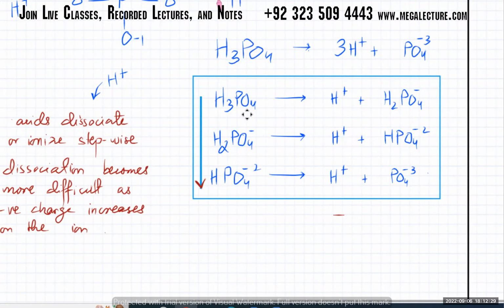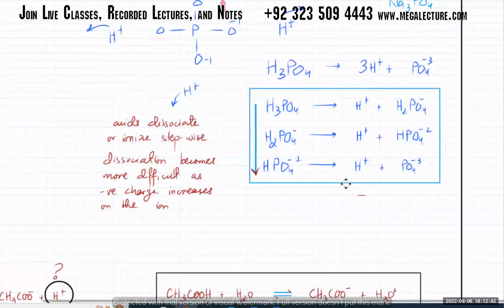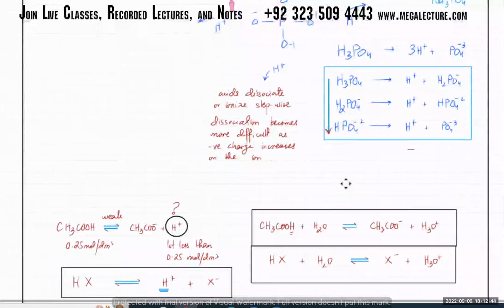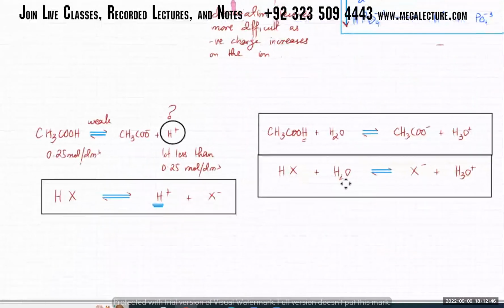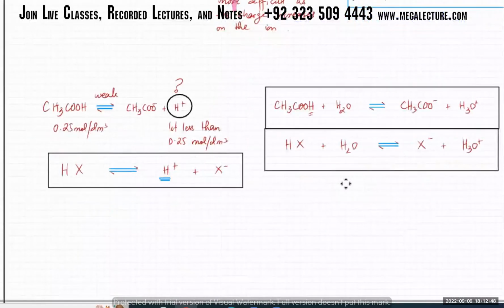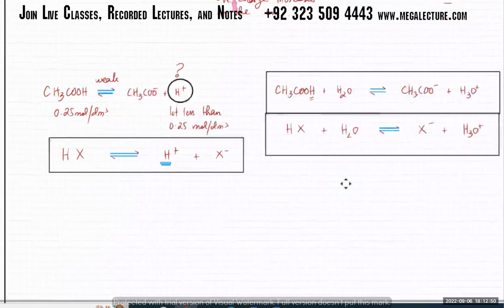There'll be 3 separate dissociations. Har dafa dissociation becomes more difficult because it's much harder for a negative ion to actually lose H plus 1 ions. क्योंकि वो तो उल्टा attract करता है उसको, ठीक है? So it's a lot harder for it to lose H plus 1 ions. But anyways, we came to this point, and I told you that from now on,